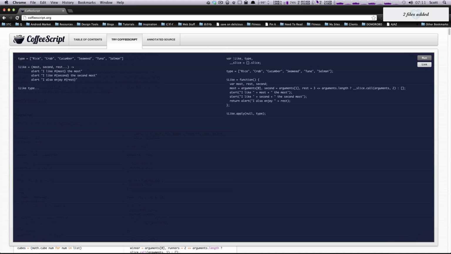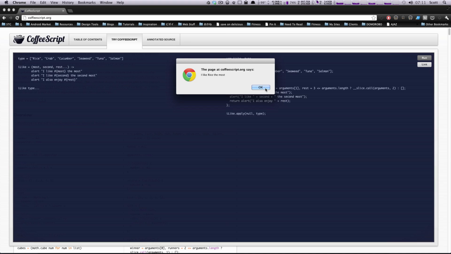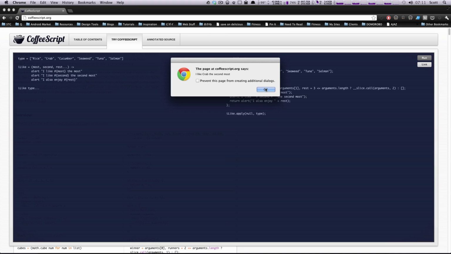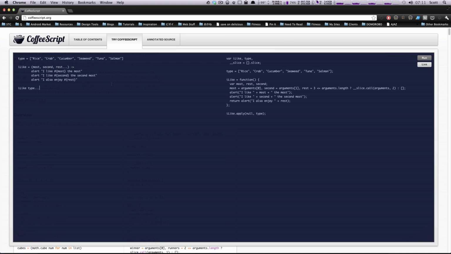As you can see, it's already rewritten our code here, and now we're going to run this, and we're going to see it's going to first alert I like rice the most, I like crab the second most, I also enjoy cucumber, seaweed, tuna, and salmon. Okay, so let's run this. Okay, alert 1, I like rice the most, I like crab the second most, I also enjoy cucumber, seaweed, tuna, and salmon. Cool. Okay, so this is working perfectly. As you can see, it's accepted the first one, the second one, and then it's added the rest as an